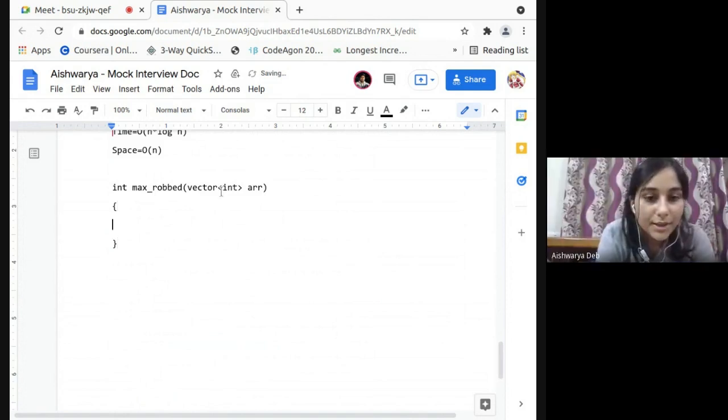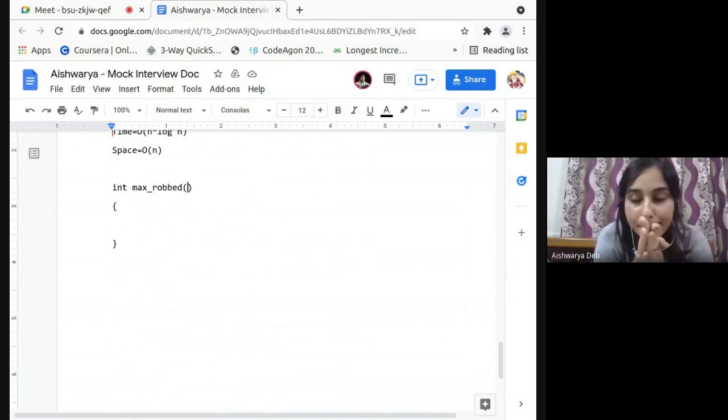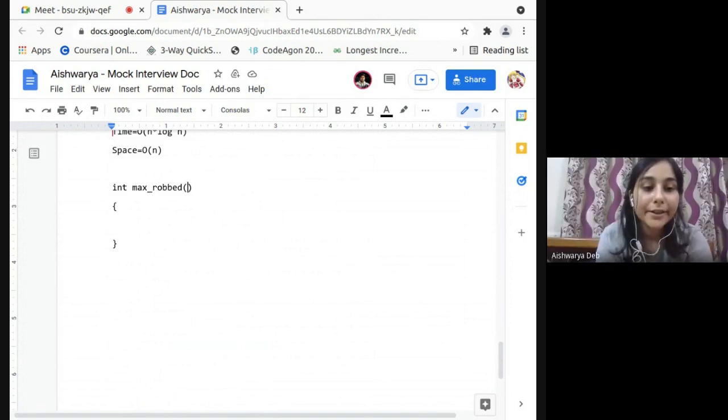Okay, so now in this case, I don't think there's going to be a vector. Instead, I guess I'll have a tree node. You can imagine a tree node that will contain an attribute called, say, value that will store the money stored in the vault, and then it will store two pointers to the same tree node, left and right, storing whether they have a left room or right room or not. It will be null if there is no room, and it will be the address of the next tree node if there is a room. All right. So here I'm considering something like this, tree node star root,